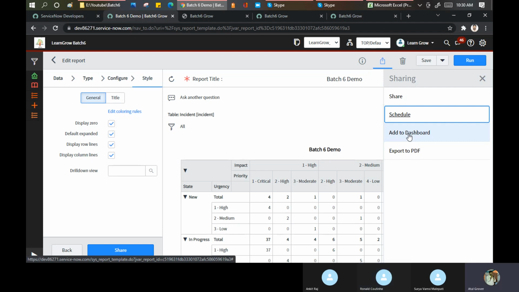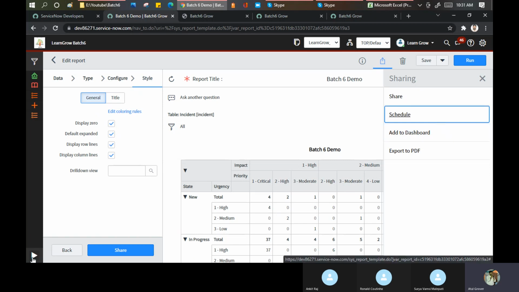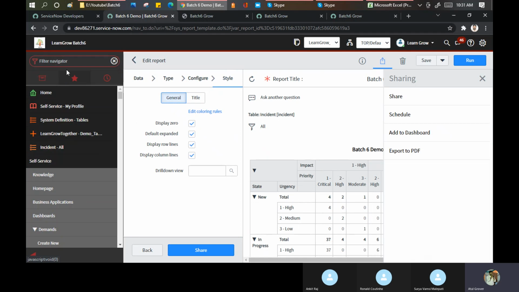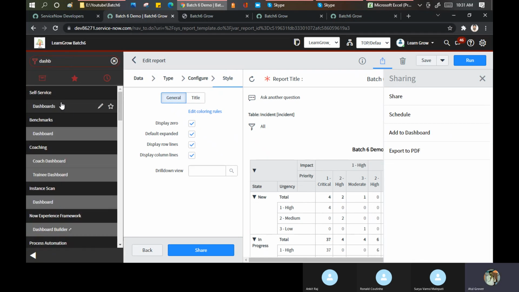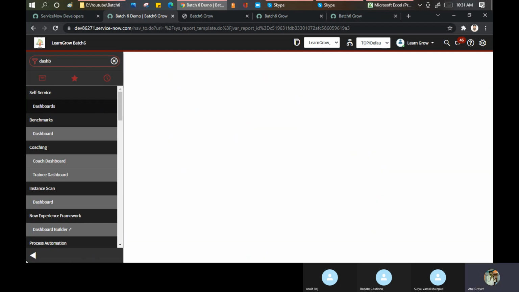To avoid these things, suppose you are a team lead or an operation manager for one of the teams, and you know that under you 50 people are working. So don't share the report with anyone, and don't give the rights to report sharing to anyone. Create a report and add to your dashboard. How does the dashboard work? I'll go here and I'll click create a dashboard first. Self-service dashboard. Okay, I'll put this report into the dashboard now.